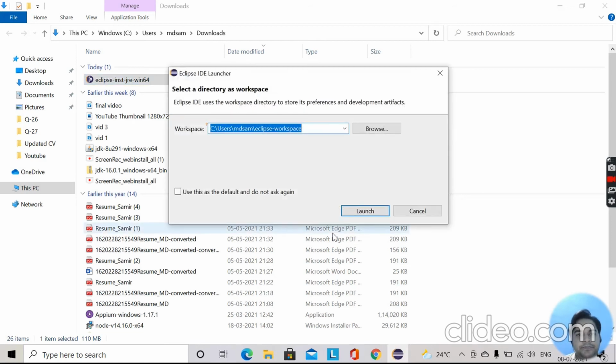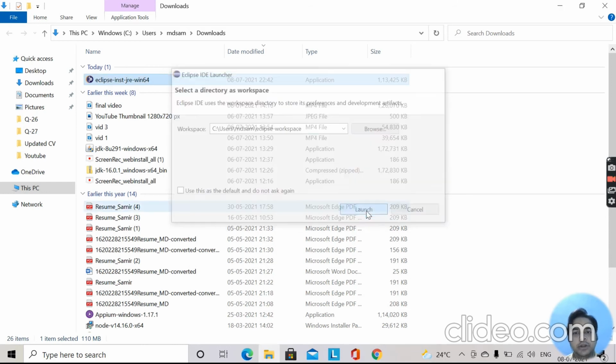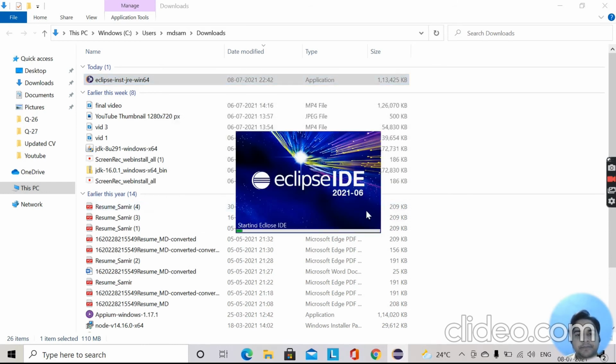And then you see this location, C users MDSAM Eclipse workspace. So this is the name with which a folder is getting generated. A folder will be getting generated inside this path. So inside MDSAM, a folder named Eclipse Workspace will get generated. So let us click on the launch button.